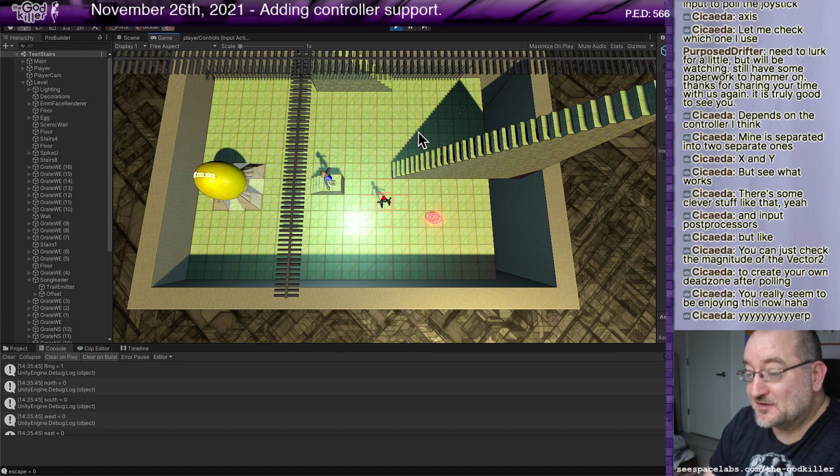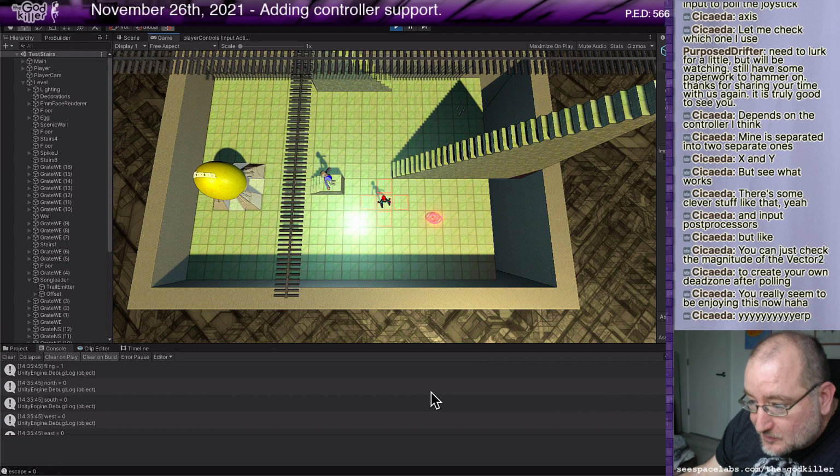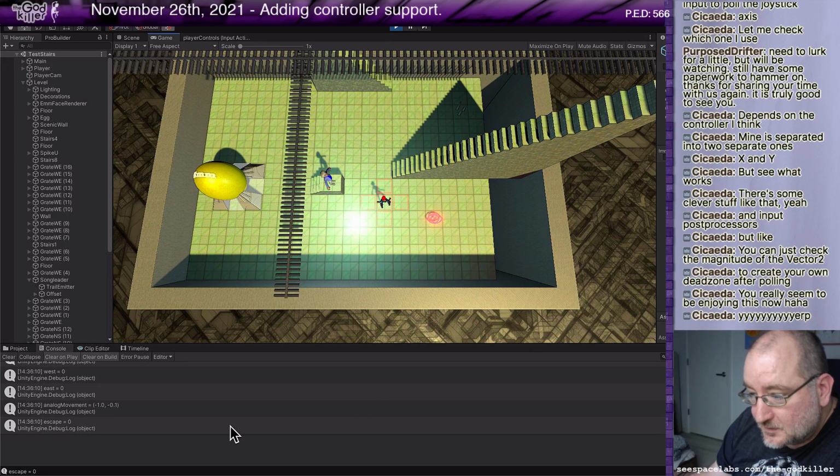Remember when I was complaining about the callbacks not being called? I didn't click on the screen inside of the editor. Once I did, it worked. Let's see, fling 1. Okay, that all looks healthy. So let's see what happens. I've got the left stick pointed left. Bam. What we got? There we go. Analog movement -1, -0.1. Cool.